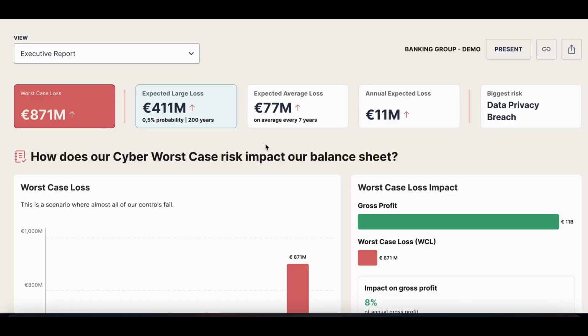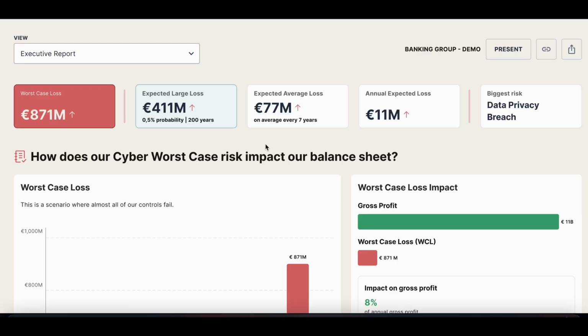Squalify now offers a new flagship feature known as the Board of Management Report, which allows you to take the insights displayed from the platform and present them in a new customizable and personalized dashboard for different companies based on your specific use case. The executive report is showing the worst case loss, expected large loss, expected average loss, annual expected loss, biggest risk up front,